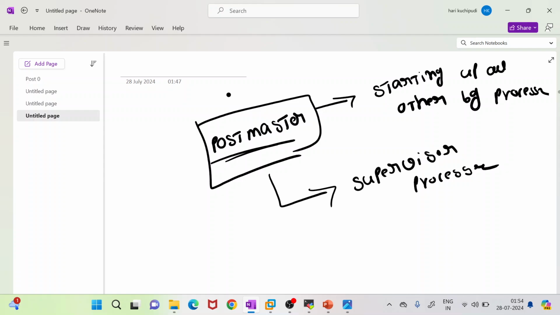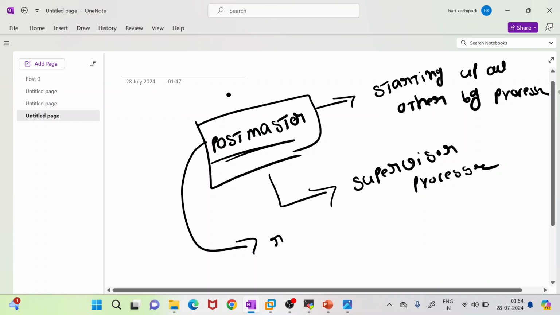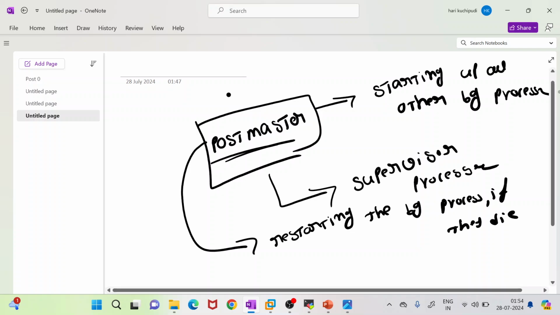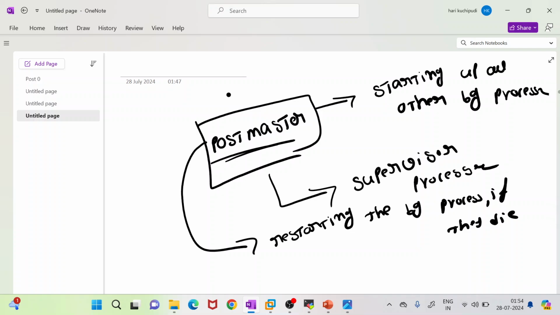It is also responsible for restarting the background processes if they die, which means if you kill any of the other utility processes other than postmaster,